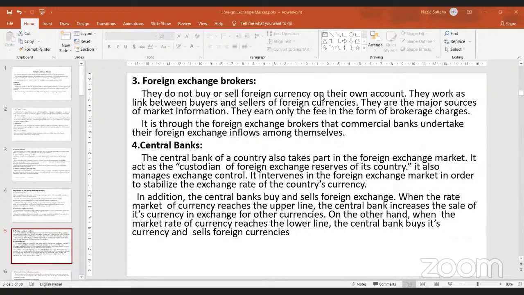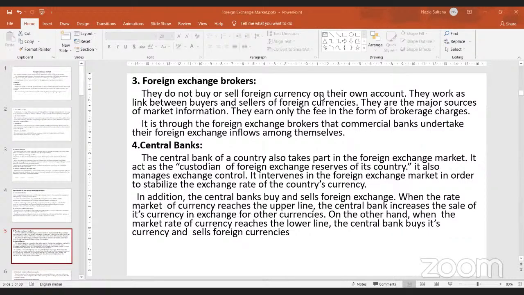So you would have banks, you have individuals in the form of corporates and entrepreneurs, then you have foreign exchange brokers in the forex market. Then you have the central bank of the country. In India, RBI is there. All the central banks of all the countries also do buying and selling of foreign currency.